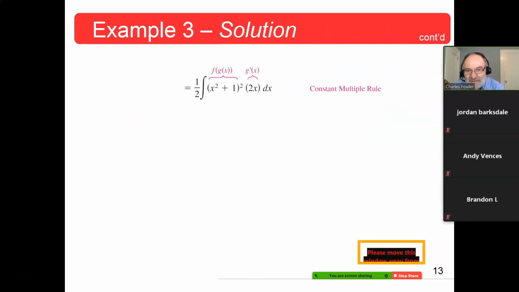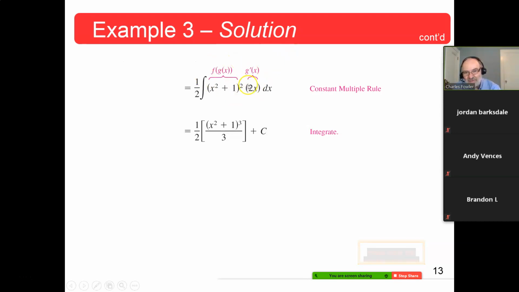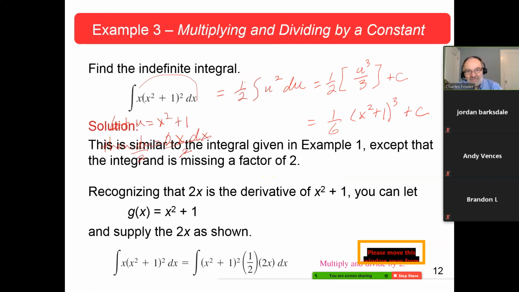And this is the same thing we got then. The integral is 1/2 the integral of f of u du. That's what it comes down to. They just like to not put the u's and the du's in there. I don't know why. It's so much easier. To me, it's so easy to get this confused. But if you like it that way, go for it. Same thing we got. Last step, 1/6 times x squared plus 1, raised to the 3rd power plus c. Exactly the same answer that we got here. 1/6 times x squared plus 1, cubed plus c.